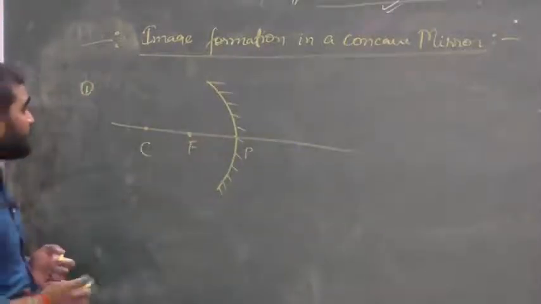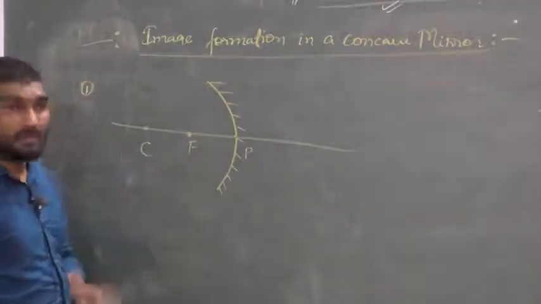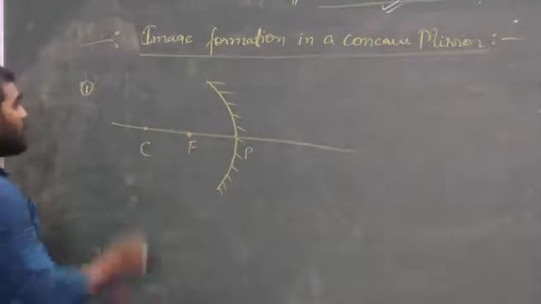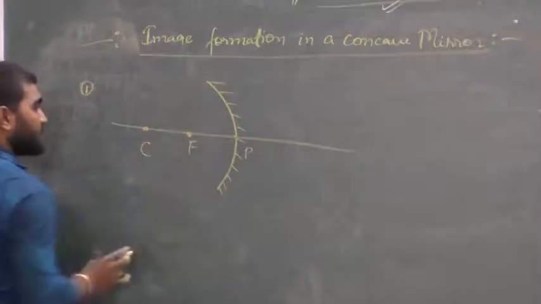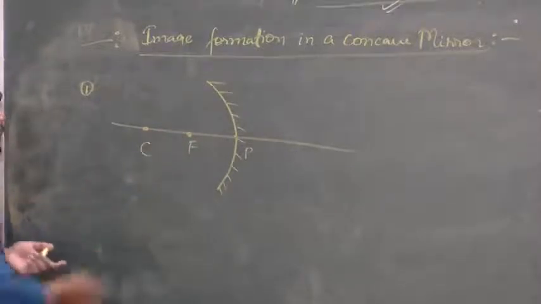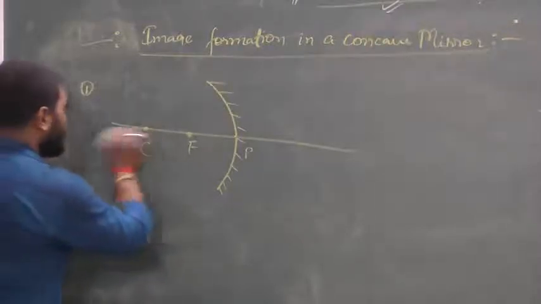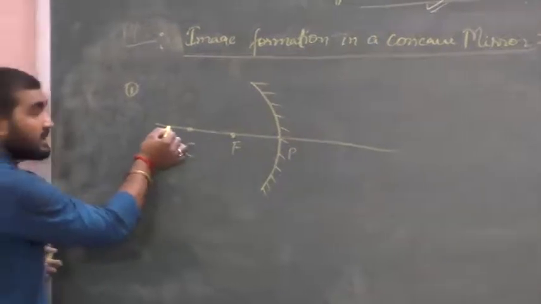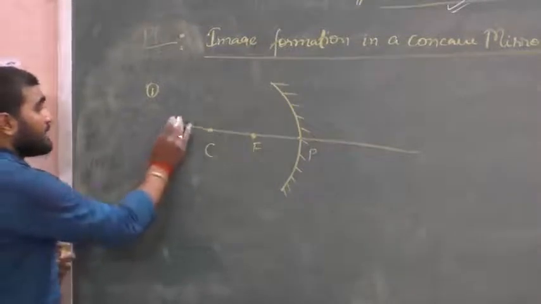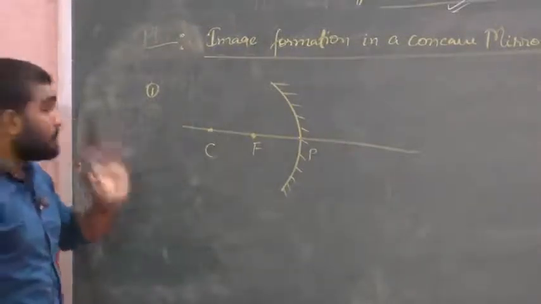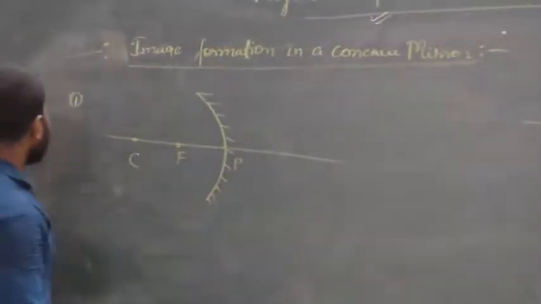In the second case, the object can be placed at F, at the focus. In the third case, the object can be placed between C and F. In the fourth case, the object can be placed at C, the center of curvature. And in the fifth case, the object can be placed beyond C. And in the last case, which is the sixth case, the object can be placed at infinity. Okay, so there are 6 cases of image formation in a concave mirror, from which I am going to discuss